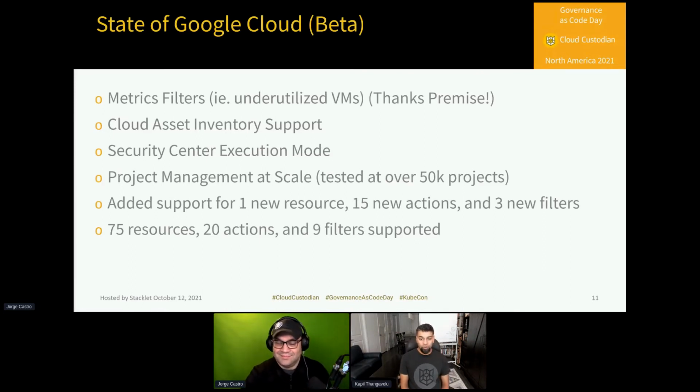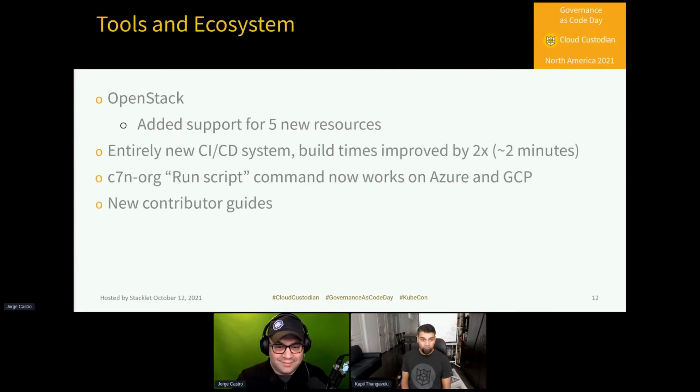Moving on to some of the tool ecosystem. Cloud Custodian has a rich ecosystem of different tools that can help with particular operational needs around different providers. It's also where we store some of our newer providers. In this case, we had a contribution out of China for an entire OpenStack provider, and that supports 5 resources and allows for writing custodian policies against OpenStack. If there are any other people interested in OpenStack, we definitely encourage you to come check it out and contribute or request new features.